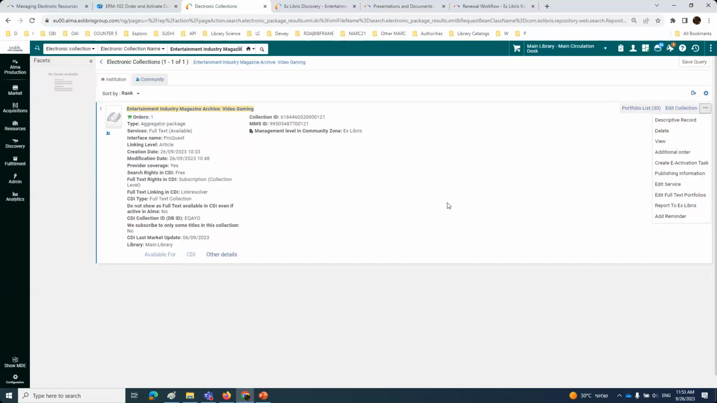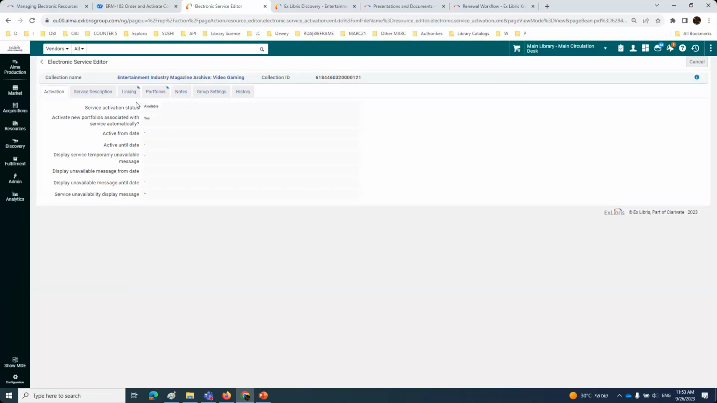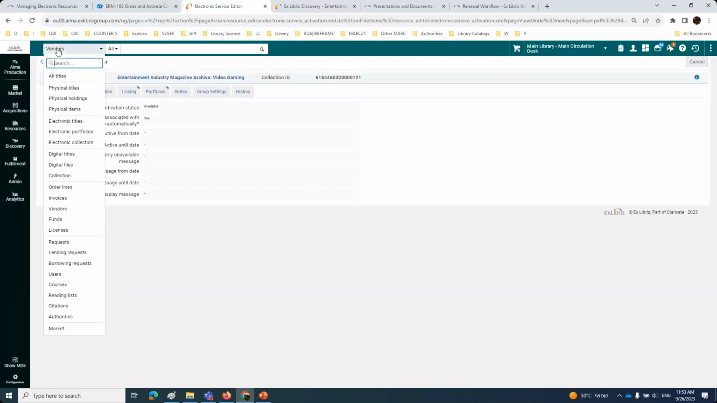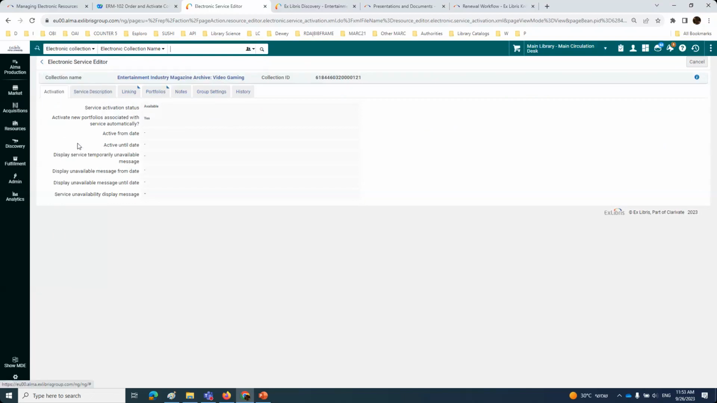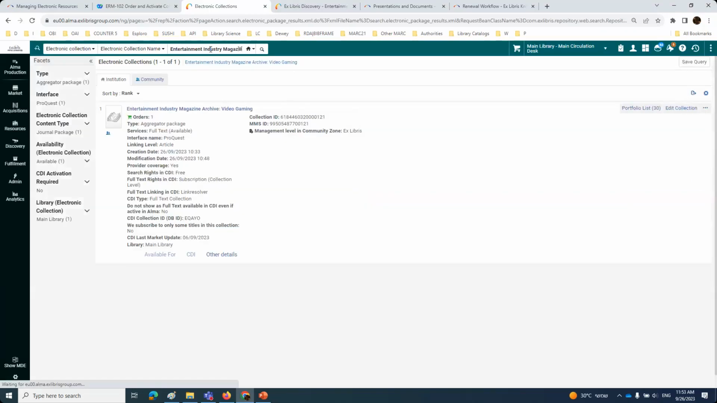By the way, you can also check the activation within here. From within Alma, you can also do the view, and from here, view the full text service. And we'll see in a moment, we can check this as well. I'm going to go back to the electronic collection in here. There we are. While we're waiting for this to get activated in the